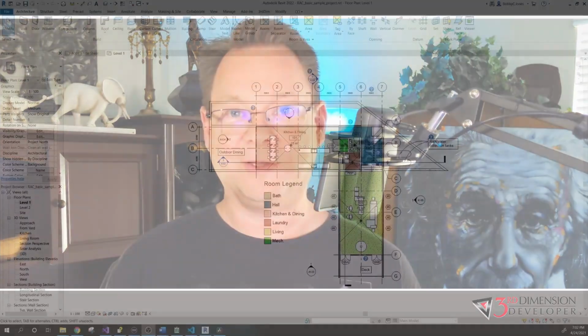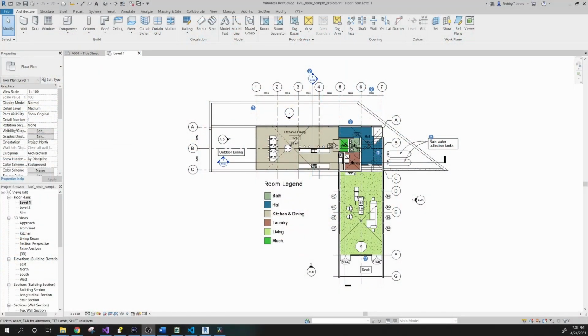Hey, today we're going to be talking about a really great new feature of the Revit 2022 API, temporary in-canvas graphics. I'm really excited about this feature. It's a tool that allows you to take image files and display them as temporary graphics right inside of Revit views. And they can be any images.